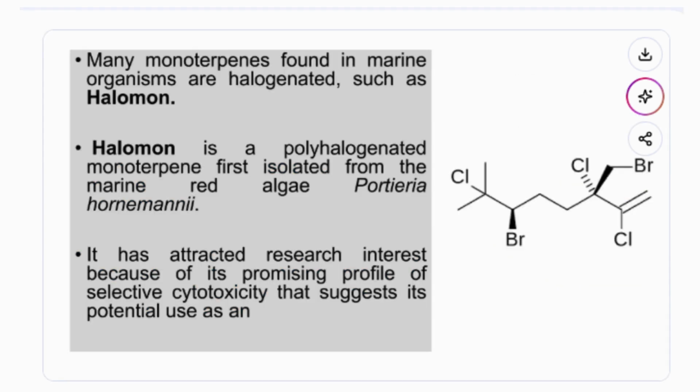Many monoterpenes found in marine organisms are halogenated, such as halomon. Halomon is a polyhalogenated monoterpene first isolated from the marine red algae Portieria hornemannii. It has attracted research interest because of its promising profile of selective cytotoxicity that suggests its potential use as an